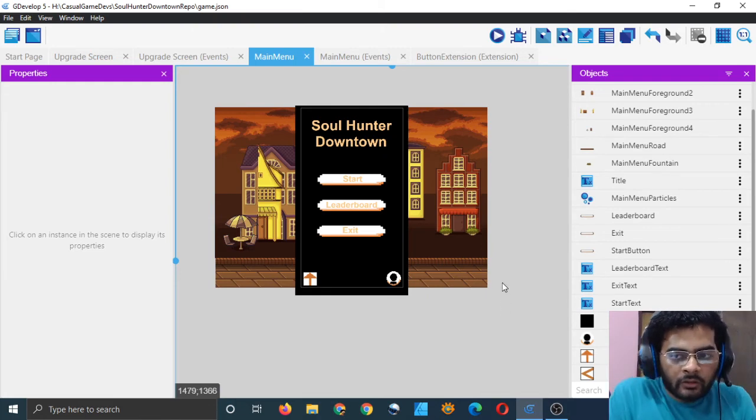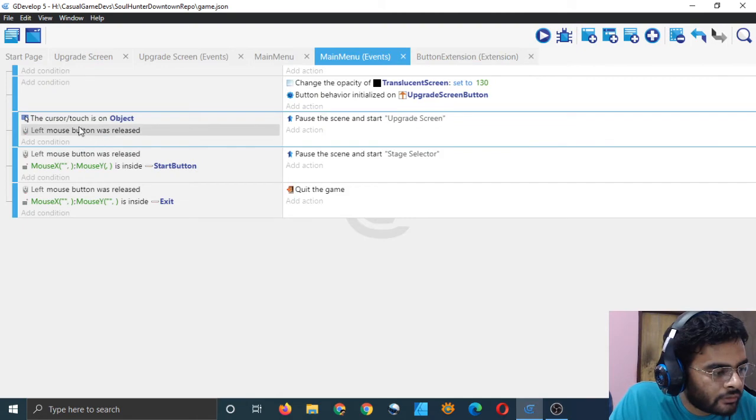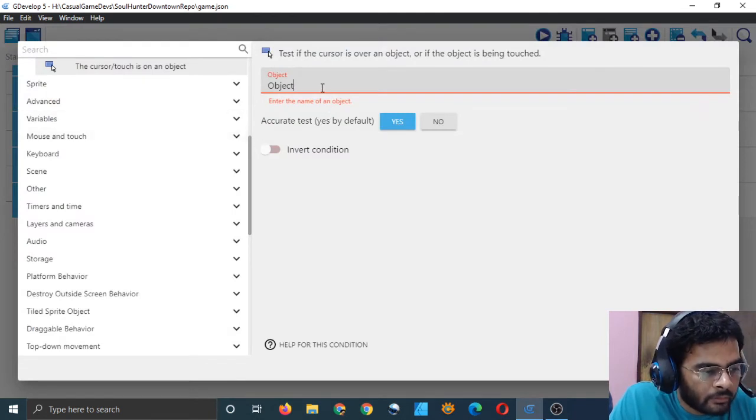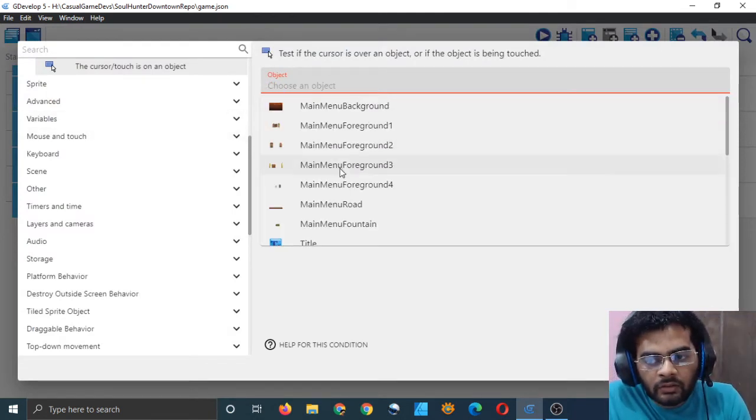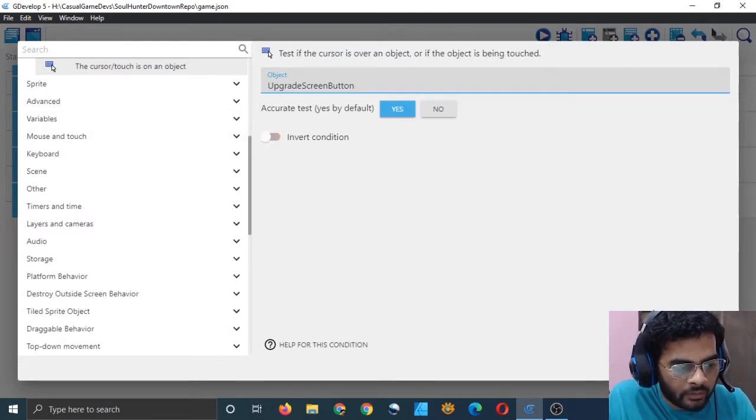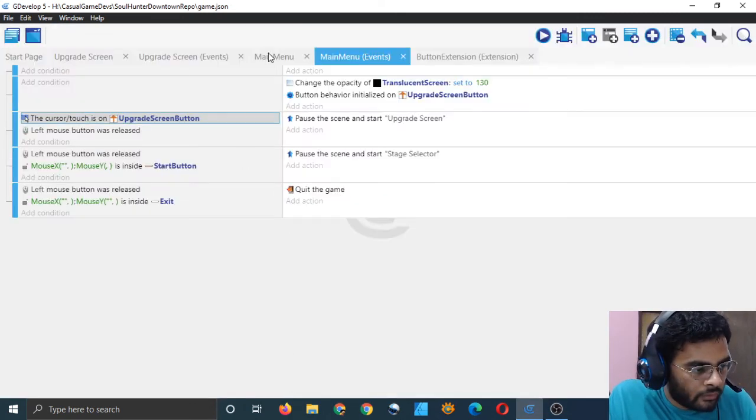I wonder why not. What is happening here? Oh yeah, object. Which object? That's what is happening. There is nothing like object here. We have the upgrade screen button. Accurate test, yes. Okay, now it should work.